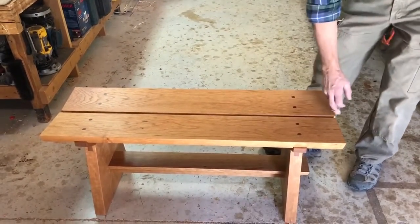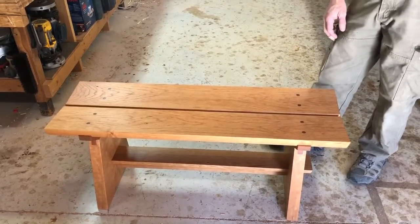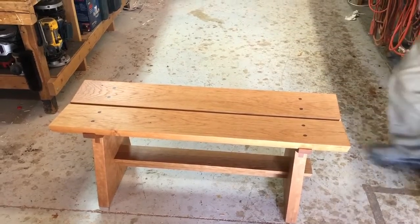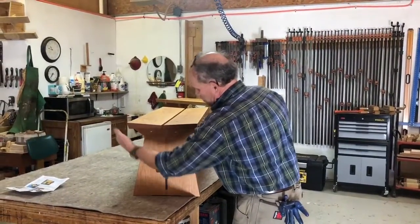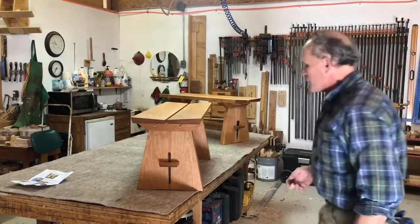So that kind of gave inspiration to the seam between the 2 top planks, and some of the form of it, particularly this profile right here that kind of comes like an hourglass, comes in at the center and back out. So